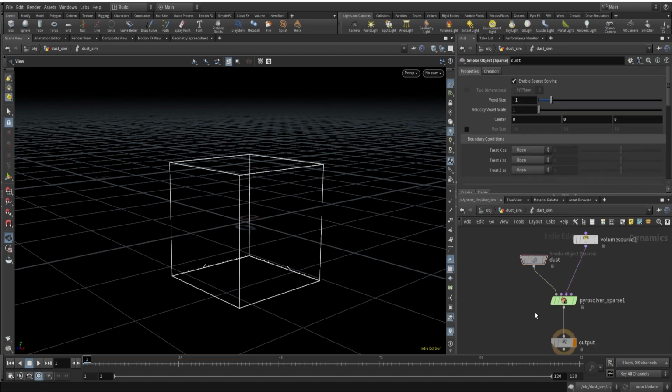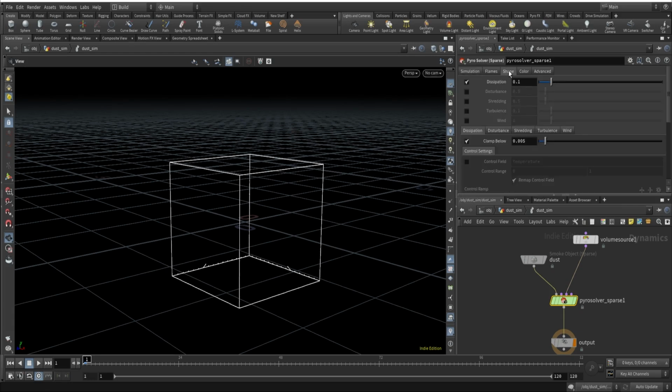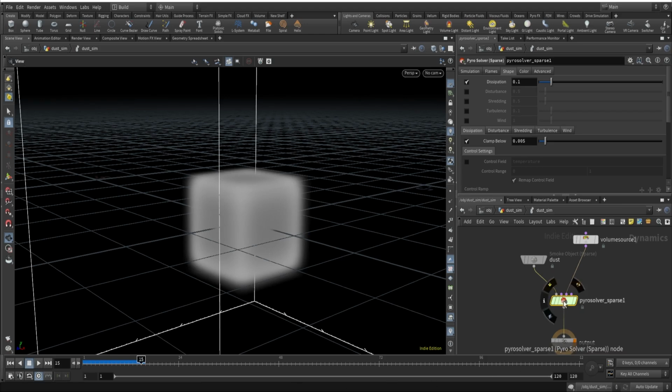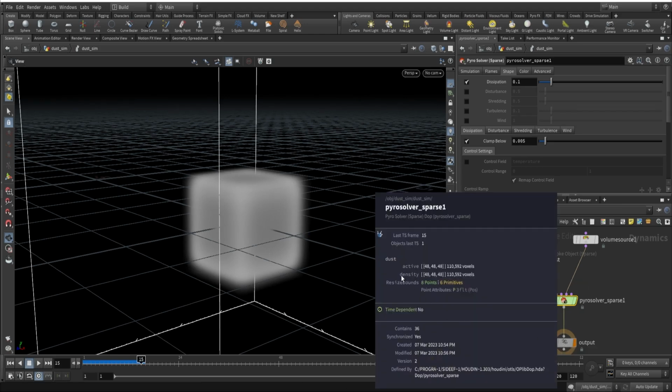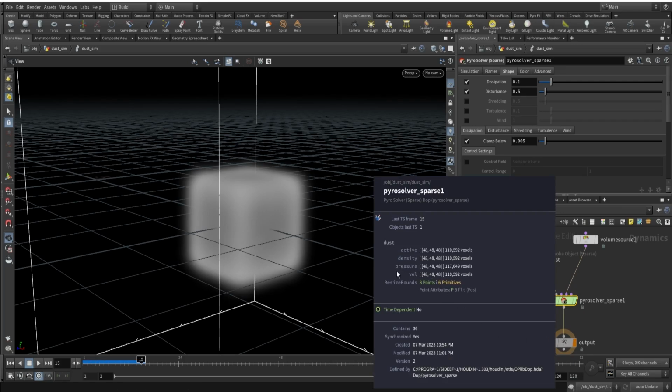Cool. And now if I select Pyro solver, I have time scale and other parameters. So some parameters I won't touch as it's meant for fire, explosions and everything, right? So here I'm interested in using shape. And here is dissipation. It will control the dissipation of dust. And disturbance, so how this works basically. As you can see, if I play this, it's static. And if I middle click, it has this active and density only. So it's showing two fields only. But if I introduce this disturbance, now if I reset this simulation, I will have more, which is pressure and